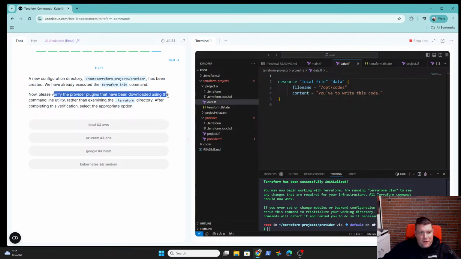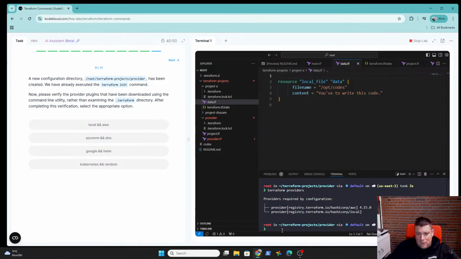Now please verify the provider plugins that have been downloaded using the command line utility rather than examining the Terraform directory after completion. Terraform providers. Here we see AWS and local.